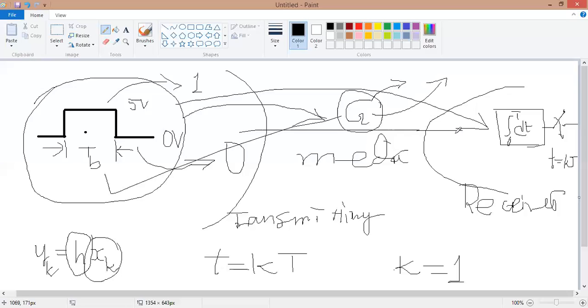Sometimes it also happens that the wire media may function like an attenuator. That means it can attenuate some energy from the transmitted signal, so the energy level may drop. This h is the amount of attenuation. It's not a number that accounts for 5 volts or like that. This attenuation is due to the wire or this media, and how much is accumulated in the integral,